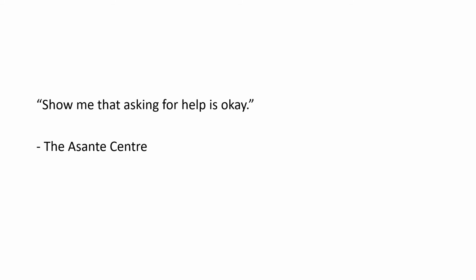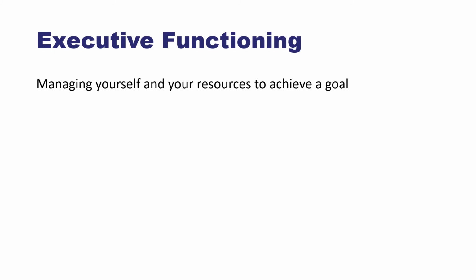And even later on in life, when they're in college or university, and they see other kids getting accommodations, maybe another young adult in the classroom who's getting a computer or a scribe service, your child with FASD might think, well, it's okay for them to have that, but it's not okay for me to have that. We don't want them to feel that way. We want them to advocate for themselves whenever they need support, and we want to show them how to do it appropriately.